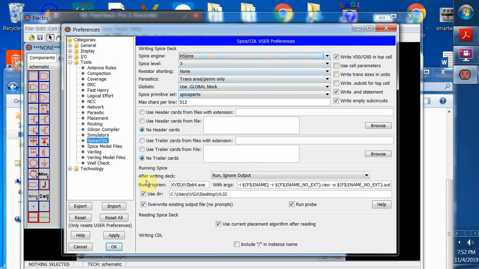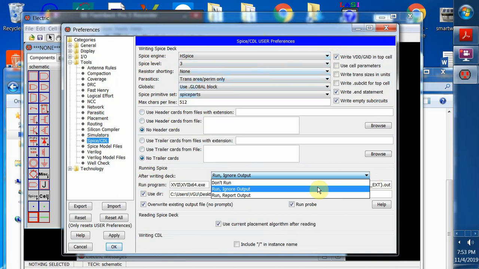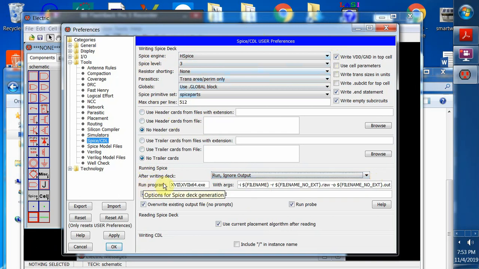Now, here, after writing the text, we ignore the output. So this is the option we are going to use. You should not pick don't run. You have to run the software. And run program. The run program will be the LTSpice executable, the full path of the LTSpice executable. In my case, it is